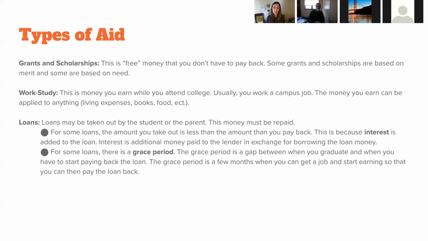to pay their wages. Finally, loans. These can be taken out by the students or the parent, and this money obviously has to be paid back. There are loan forgiveness programs that I can share with you if you're interested for folks who work in education or the nonprofit sector. And there are multiple repayment plans, income-based repayment plans. And I'll show you, actually, there's a great calculator that you can sort of mess around with your student and help them figure out what their repayment plan would look like if they took out loans, which is a great sort of financial literacy activity.